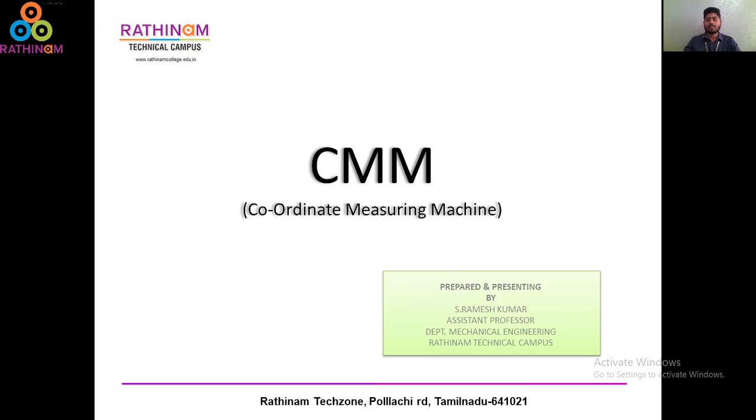In day-to-day life, as the population increases, the product level also increases. That means we need a larger quantity of products because people need more products. So the requirement for products keeps increasing. Due to this, human employment is unable to measure the components in a perfect manner in optimized time. If it is a machine, we can measure the component at an accurate level in a short span of time.